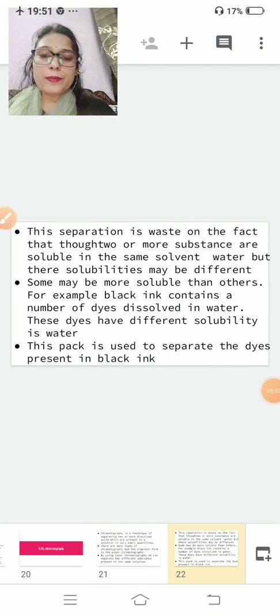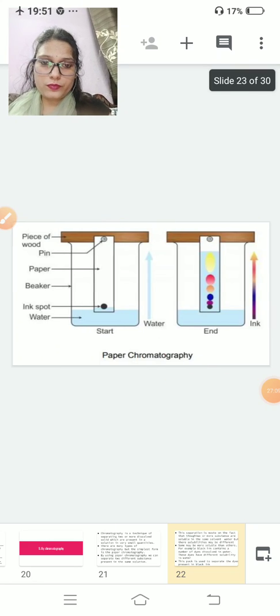Some may be more soluble than others. For example, black ink contains a number of dyes dissolved in water. These dyes have different solubility in water. This technique is used to separate dyes present in black ink. Now how? See,